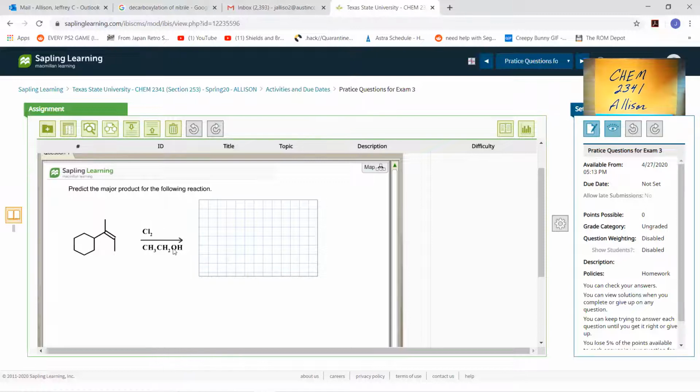So it's going to produce a halo ether. After the chlorine reacts, you're going to end up with one of those three-membered chloronium ions on that double bond. The ethanol is going to come in and attack the more substituted carbon, because that's where the partial positive charge is going to be